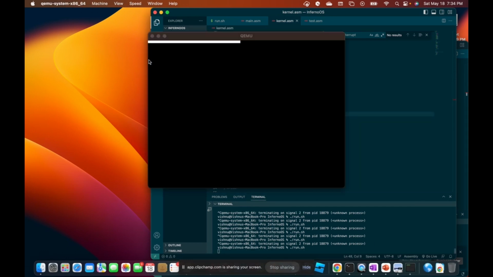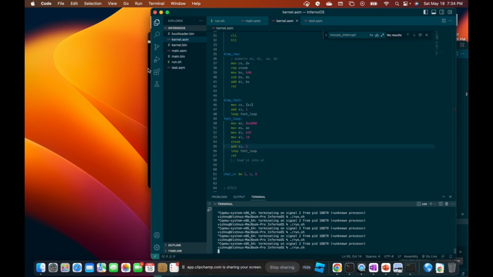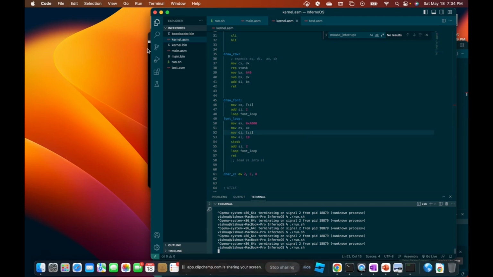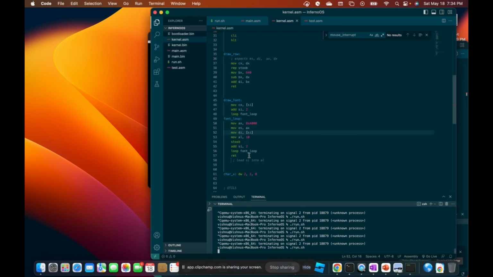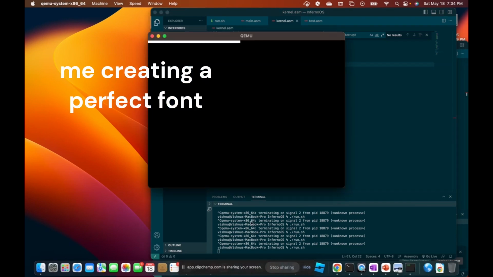Loop. Add SI, 2. Oh, also we have to actually load that. And then